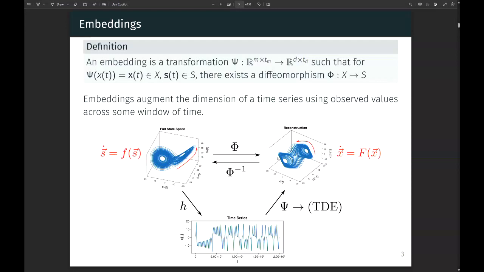If the dynamics on this 3-dimensional reconstruction is diffeomorphic to the original dynamics generically, then we basically say that whatever operation I did down there is a valid way to embed the time series. And here I wrote TDE mostly because we'll be talking about a specific form of it called time delay embedding. But the main takeaway is that even though I can't observe this full state, if I can construct an embedding, that means I can do all my work in the top right, and all the conclusions from the top right will be true in a real system in the top left, which means I can now make use of this time series in a meaningful way.